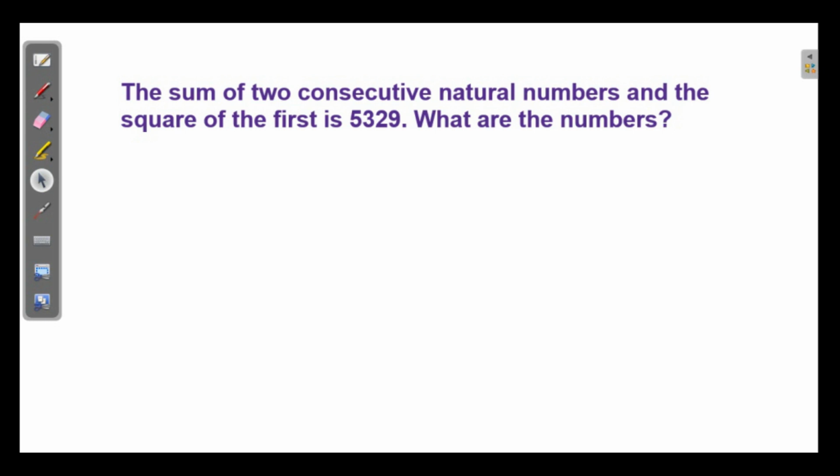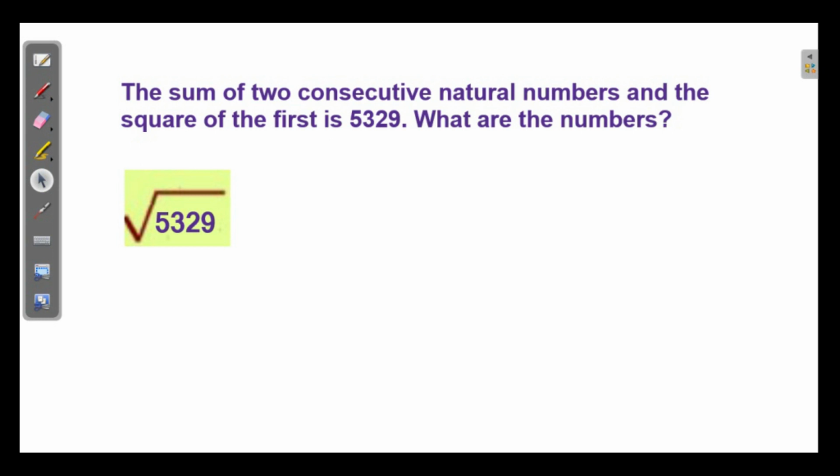Then, the sum of two consecutive natural numbers and the square of the first is 5329. What are the numbers? Consecutive numbers. We have just discussed the pattern. What is it in the last problem? 25 square is equal to 24 square plus 24 plus 25. Similarly, here also, let us first find out the square root of